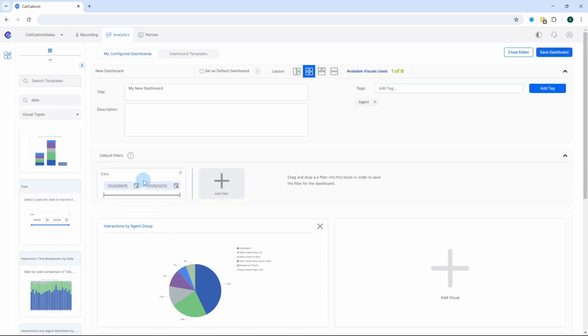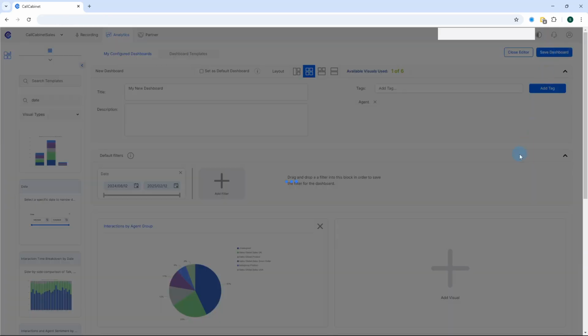I'm going to apply it as a filter, and now you can see I've basically created a dashboard really quickly. So I've got my filters in place, I've got my visuals in place, I've got a tag in place, I've got my layout in place, and I have the name in place. Once I've done that, I can press Save Dashboard. If I do not want to save this, all I need to do is close the dashboard editor and everything gets deleted. So let's save our dashboard, and upon saving the dashboard, CallCabinet will tell us that your dashboard has been saved,